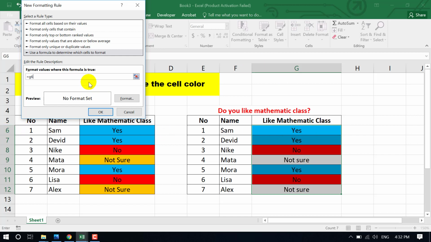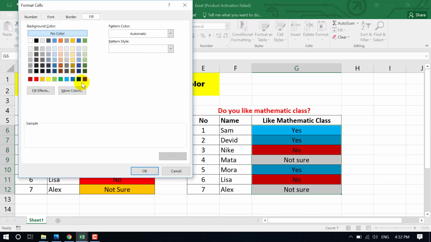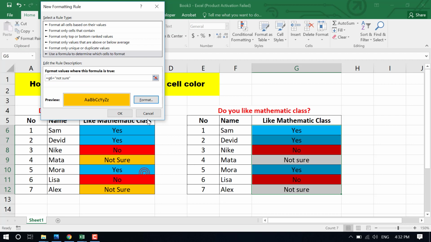If G6 equal not sure, and then we change this format. I might change it to the yellow one. Okay,